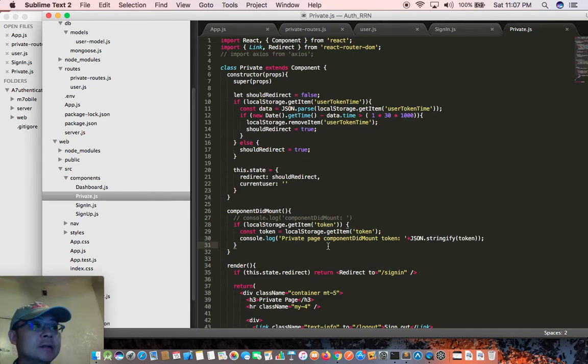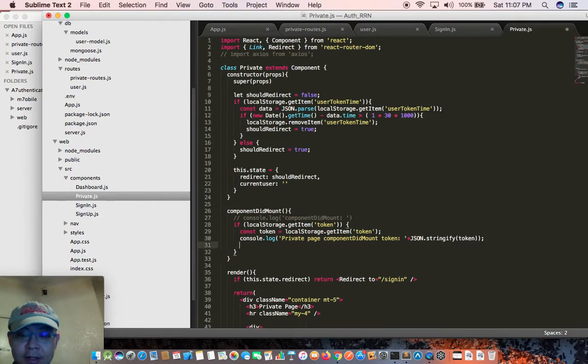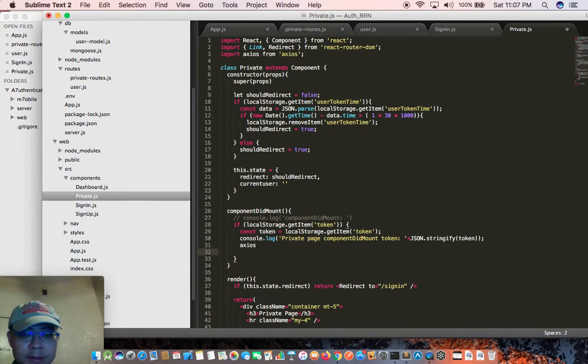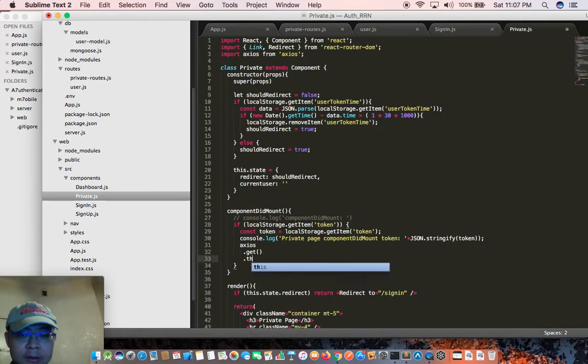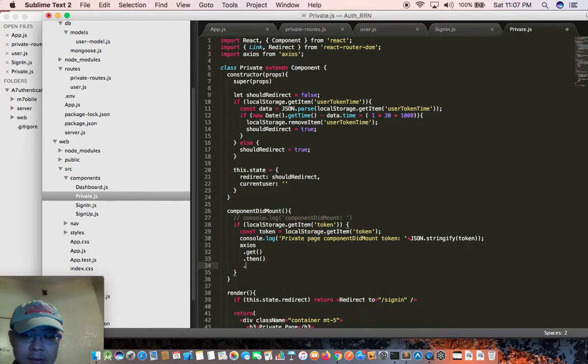email address. So what we can do here is start to use Axios. Axios will be get something, then and catch. So basically what we need to do first and foremost is the endpoint. So it will be auth private